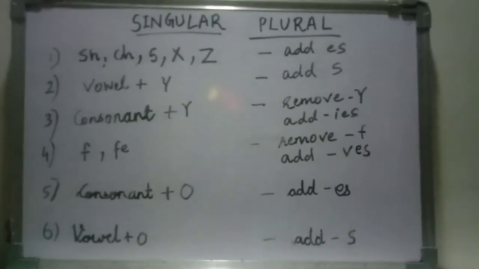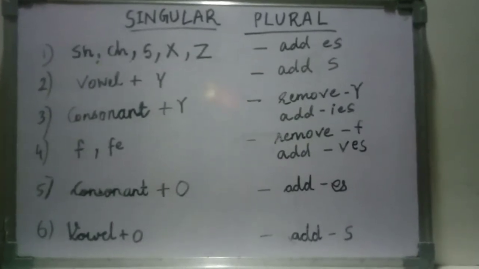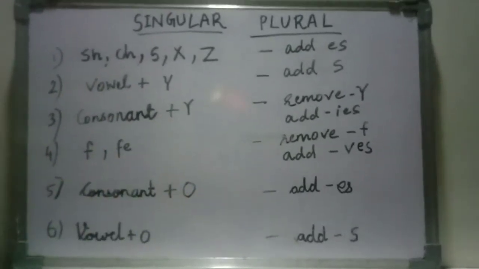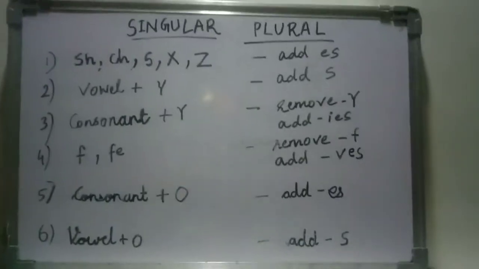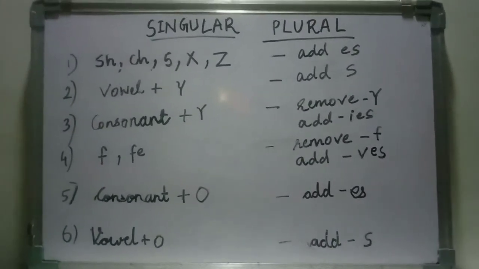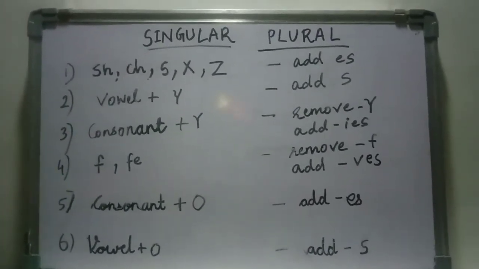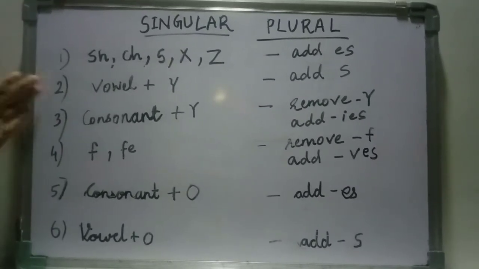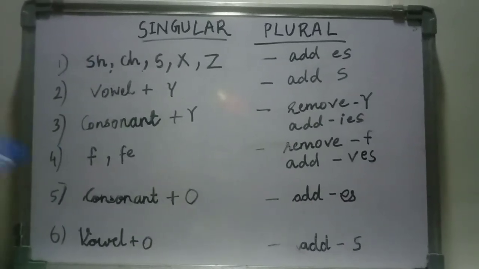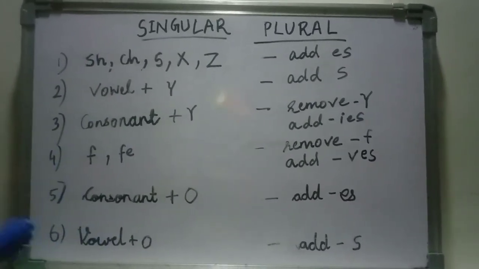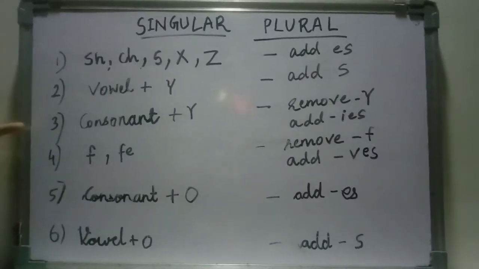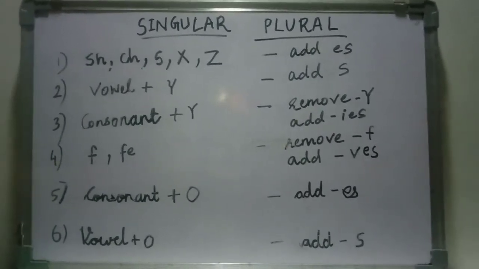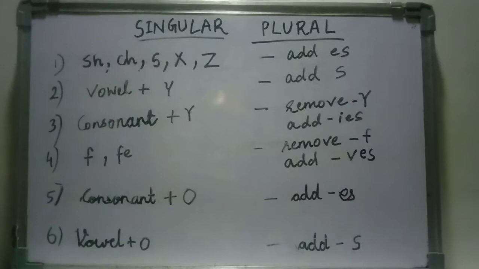Now when we pronounce any word, for example boy, the plural becomes boys. Singular, tree, trees. House, houses. When we pronounce, the end is always the S sound, but while writing there are different spellings. These rules apply to them. You just can't keep on adding S to a word and it becomes a plural. No. There are 6 rules which you are supposed to keep in mind while using singular and plural.